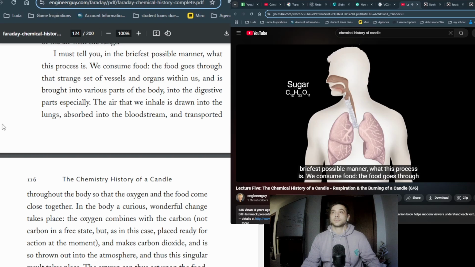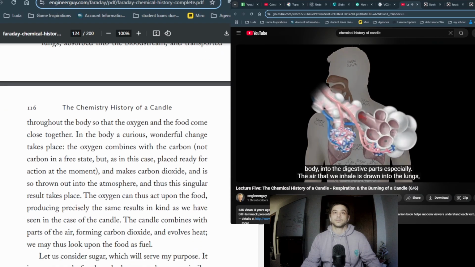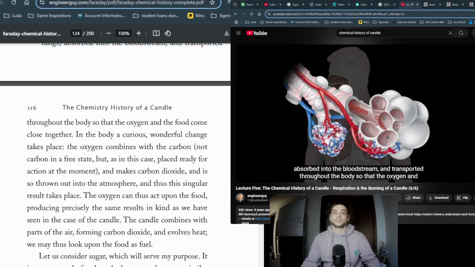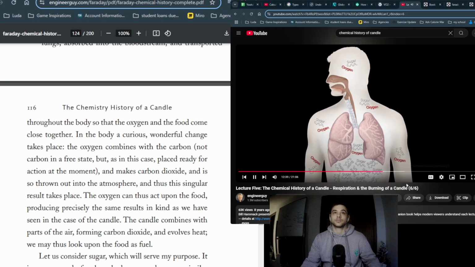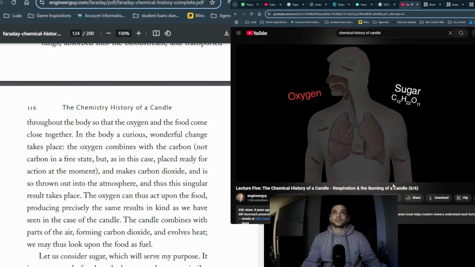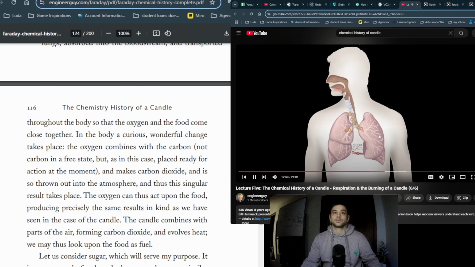We consume food. The food goes through that strange set of vessels and organs within us, and is brought into various parts of the body, into the digestive parts especially. The air that we inhale is drawn into the lungs, absorbed into the bloodstream, and transported throughout the body so that the oxygen and the food come close together. In the body, a curious, wonderful change takes place. The oxygen combines with the carbon, not carbon in a free state, but in this case placed ready for action at the moment, and makes carbon dioxide, and is so thrown out into the atmosphere, and thus